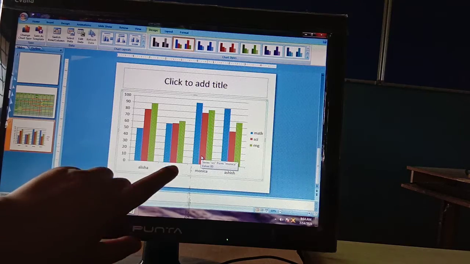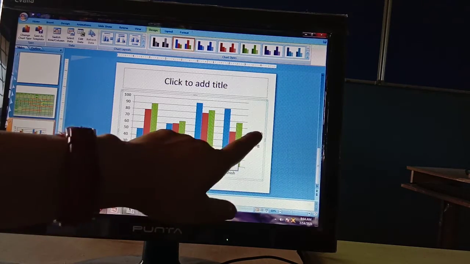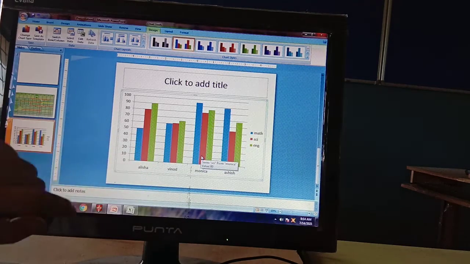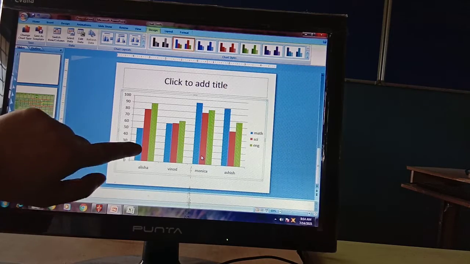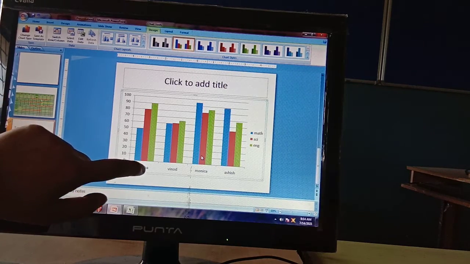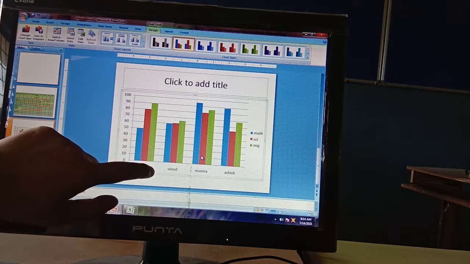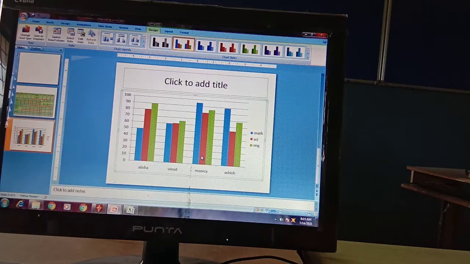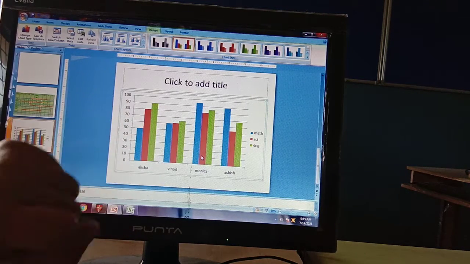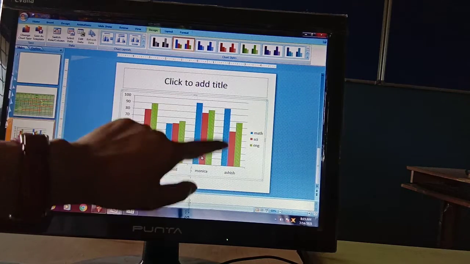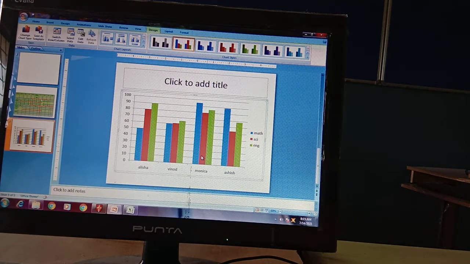Just like Alisha, Vinod, Monica, having the math, science and English marks comparison. Alisha has math marks in the 50s, science marks in the 80s, and English marks in the 90s. You can also see the graphs of Vinod, Monica and Ashish. So this is your column chart, representing the data in a diagrammatical way.